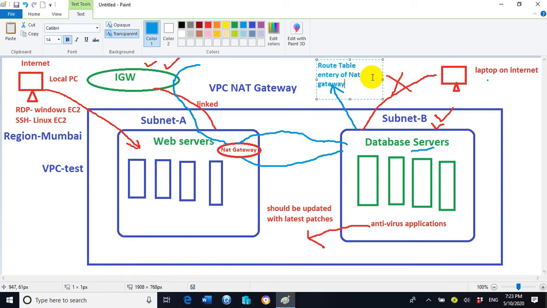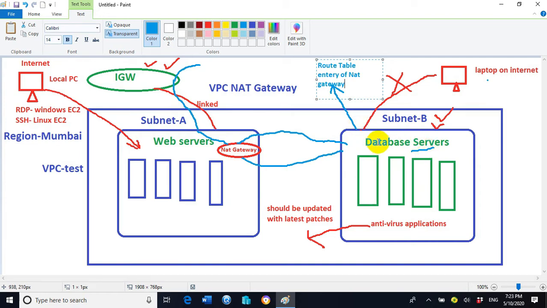We need to make the entry of the NAT gateway so that it provides a route to redirect towards the NAT gateway, and the NAT gateway will provide an internet connection to all the EC2 instances located inside subnet B.